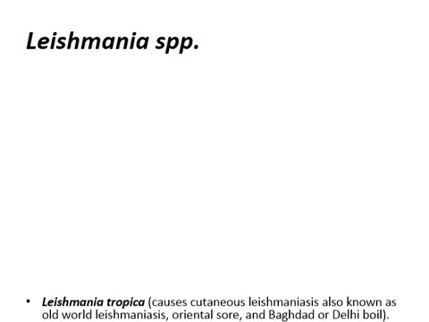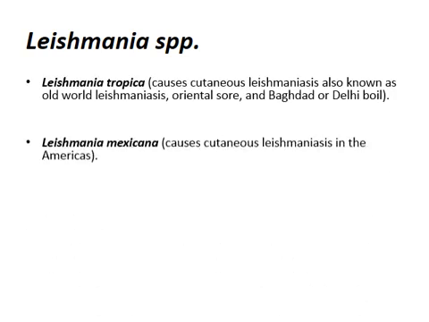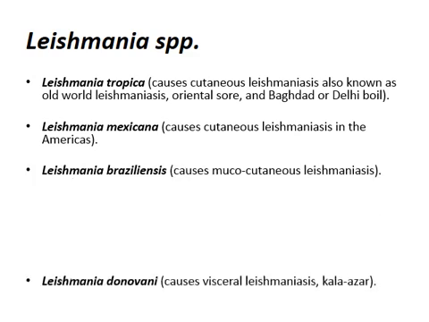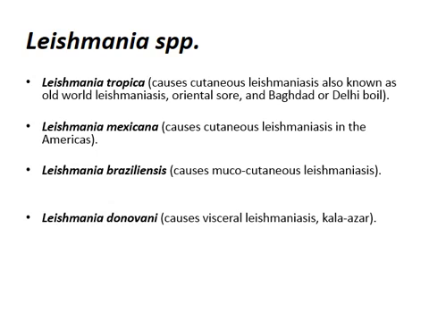Let's start with the species. So we have a number of species for this parasite. We have Leishmania tropica, Leishmania mexicana, Leishmania brasiliensis, and Leishmania donovani. Of course, there are a number of other species for the same parasite, but these are the most clinically significant ones. Leishmania tropica and